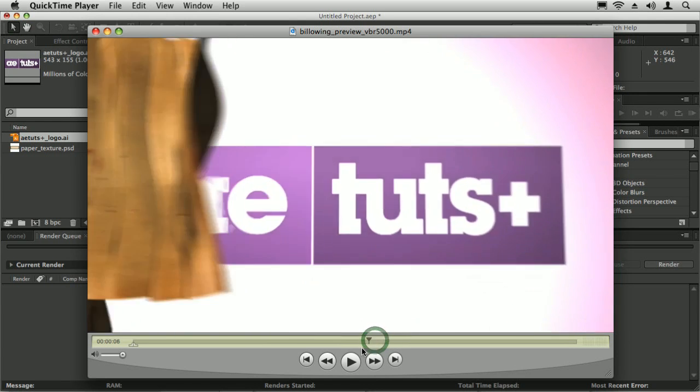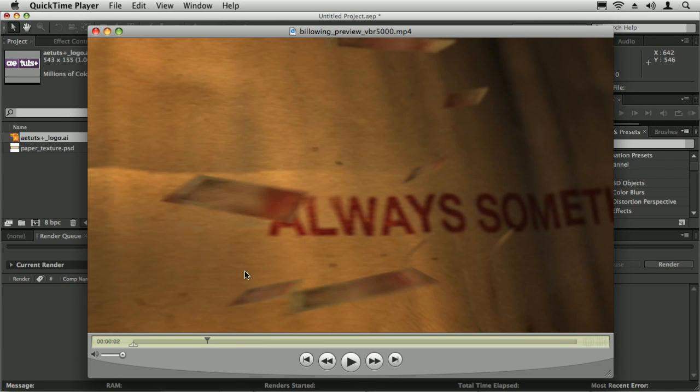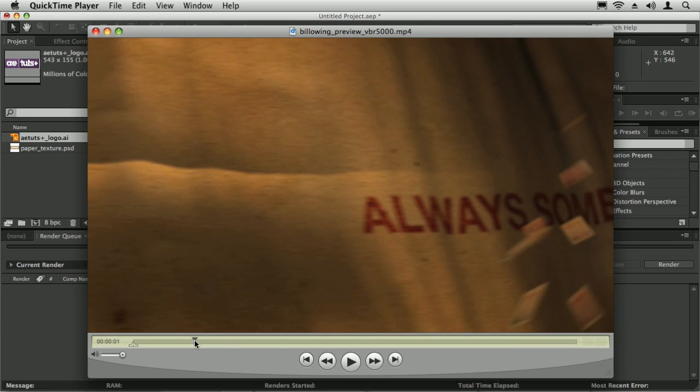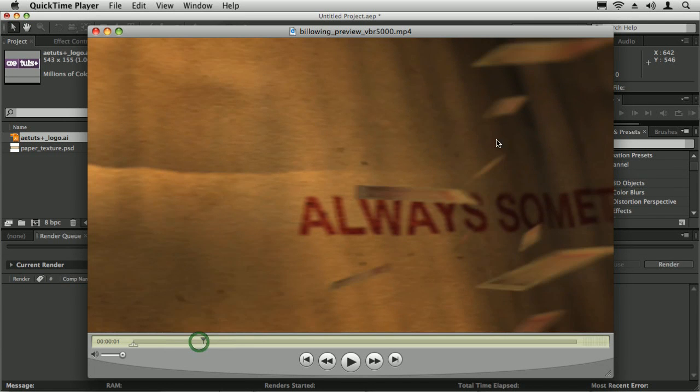The other thing worth noting is these cards here were created with the new version of Particular 2, and since that's not released yet, I'm going to cover that part in a future addendum or a future tutorial. But if you're familiar with Particular, it's fairly straightforward to create an animation like this. What makes